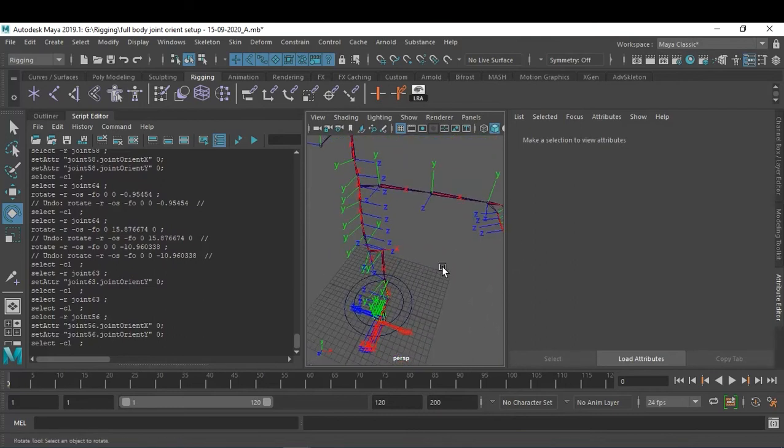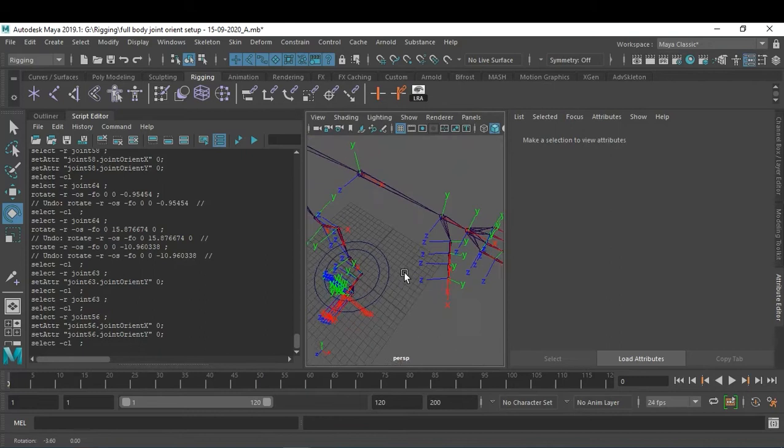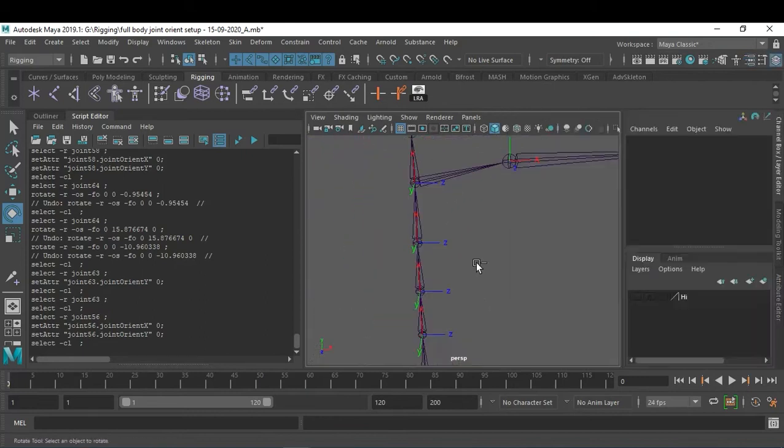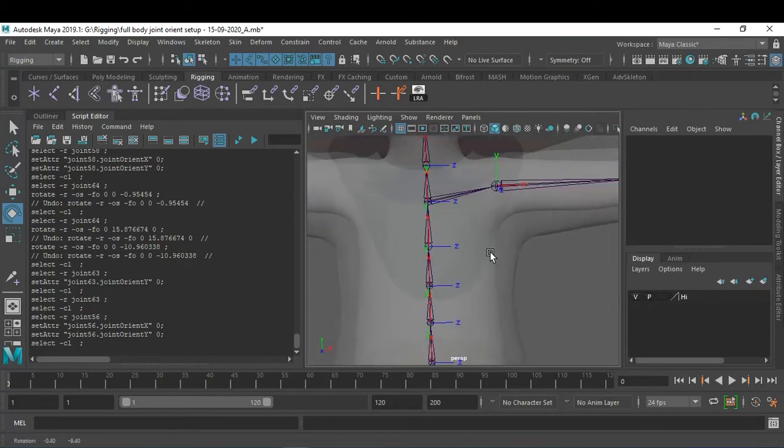So like that you have to work on all the joints, and this joint we need to connect to basically your solar plexus axis. This is the solar plexus.